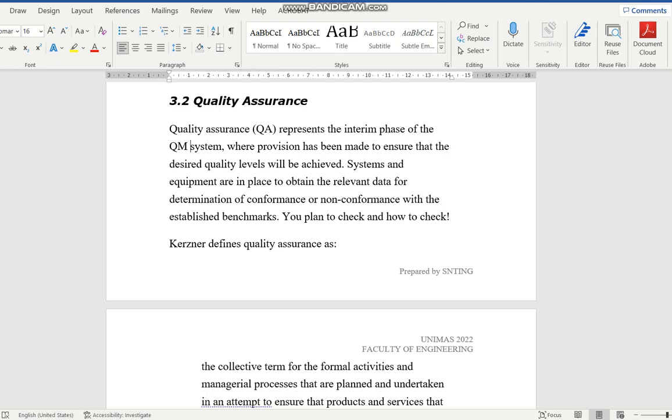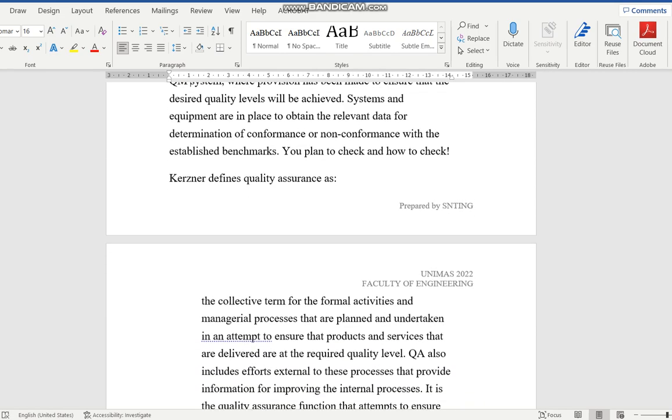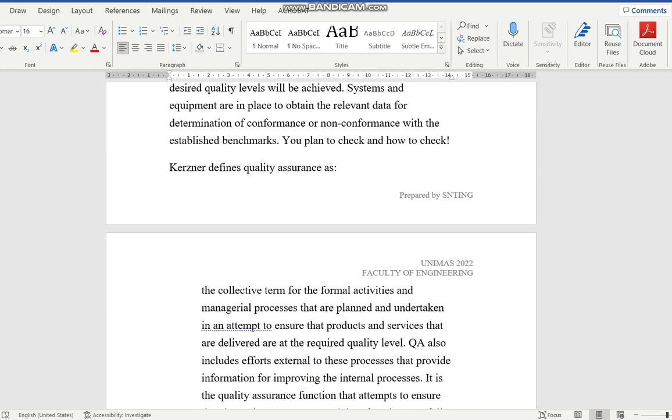So the concept of quality assurance is about putting in a system that allows you to actually check, inspect, audit, look at the product, test the product. It's a combination of all this. These activities help to ensure that the final product, activities, and services that come out from your work are actually delivered according to certain requirements.